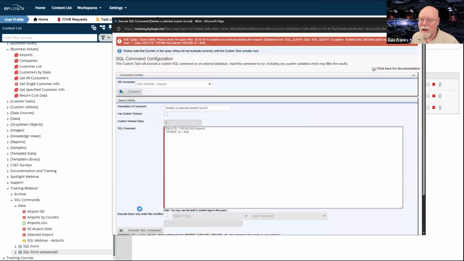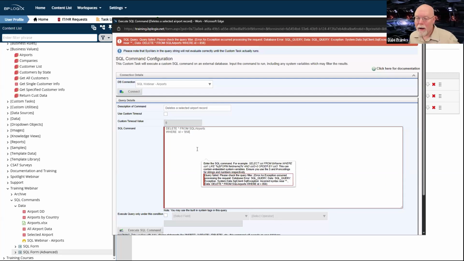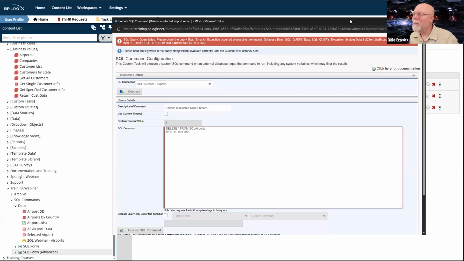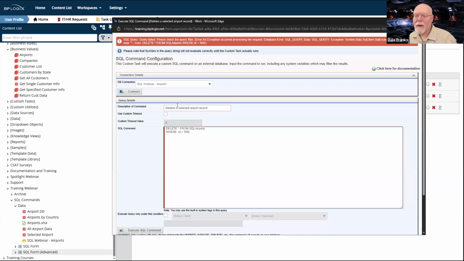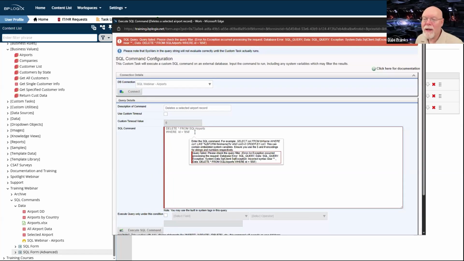What I wanted to hit was execute SQL command, where ID equals 858. Is it possible that that is, in fact, a text field? Let me see if this works. Execute SQL command. Exception occurred. Incorrect syntax.